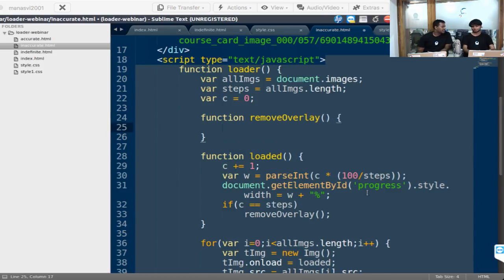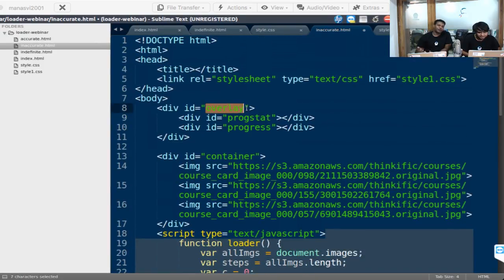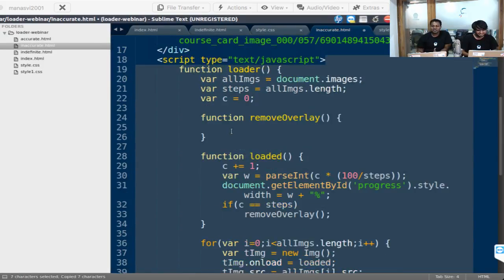Every time I'm doing this, I feel like writing $(this).hide and $(this).show. That's so easy to write. But if you are writing a loader for jQuery itself, then you don't have the dollar available until that time. jQuery takes a lot of time to load itself, unless you're using a CDN. So document.getElementById